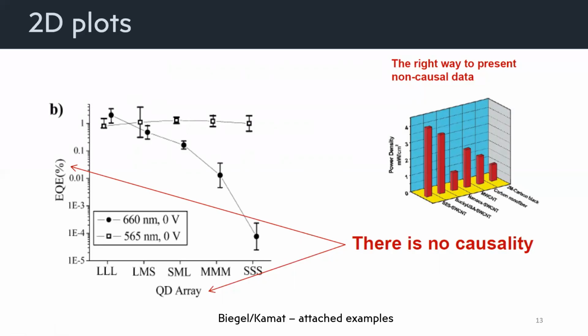It already says what's weird. I know. So you're just comparing the EQE versus the label of something, and you just arrange these labels in a convenient way to show some kind of trend, which does not necessarily happen actually. So a better way of conveying non-causal data, which is just some metric compared to some label usually, is using bar plots, such as the ones shown here on the right. Should avoid abbreviations. That's true, but I don't know how else you can identify